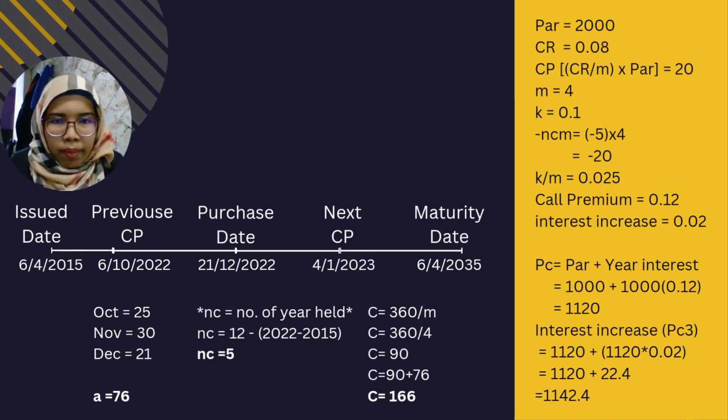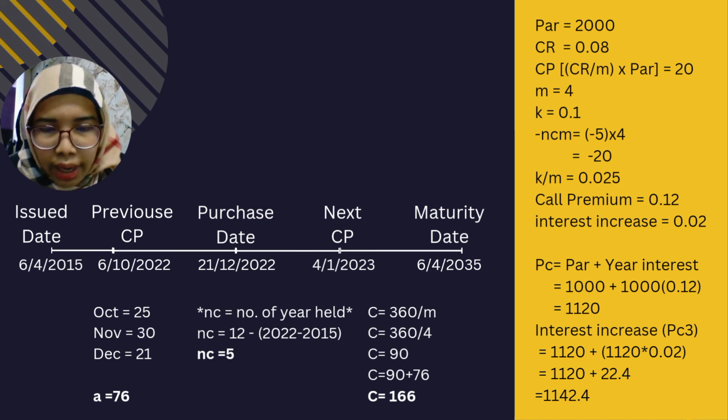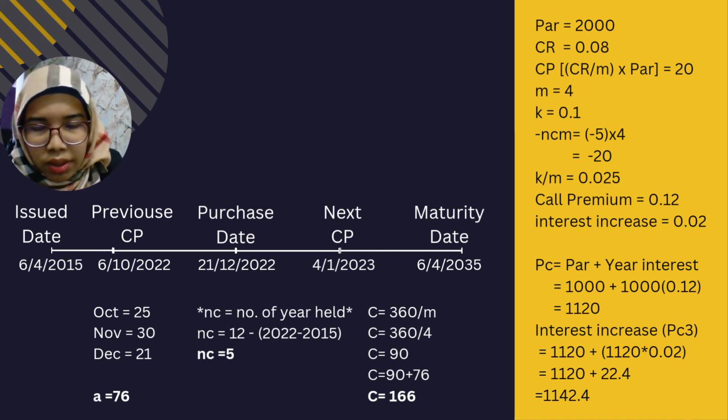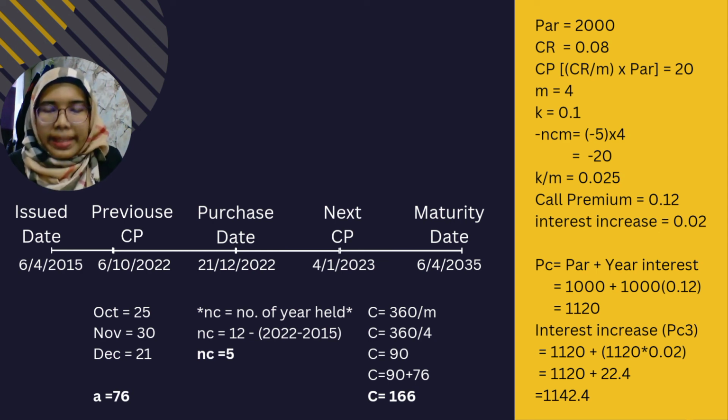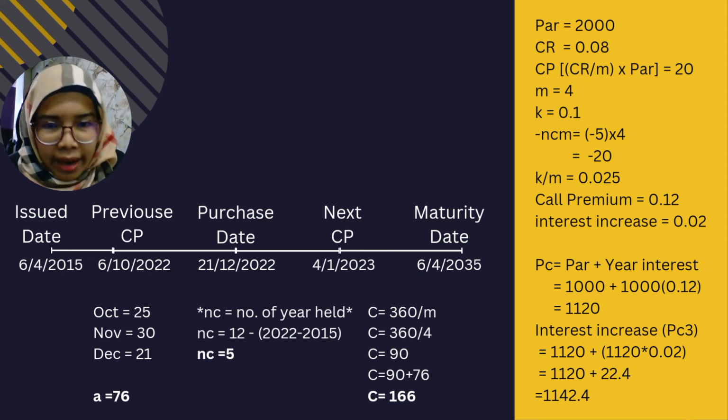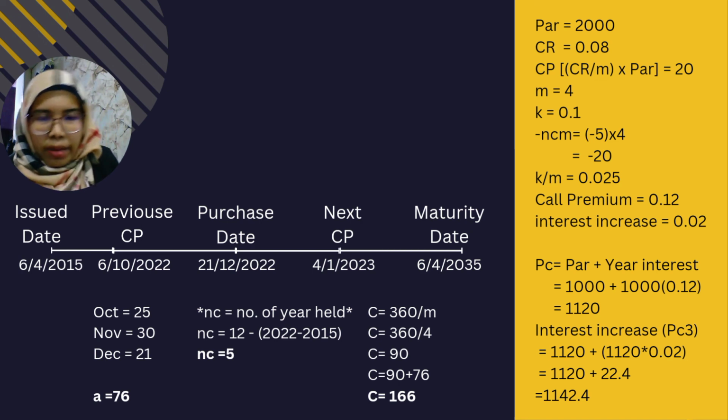So we got 1142.4. So for A here, we get 76, the same calculation as question number 1. And for C we got 166. And from this information, we need to solve the